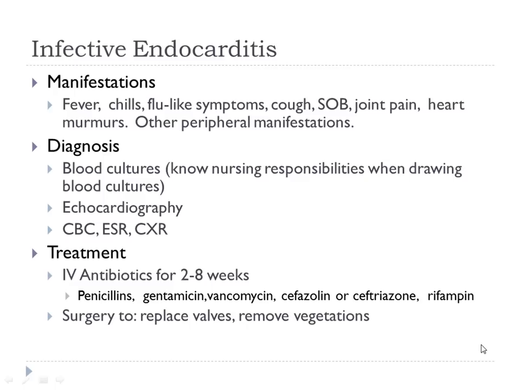One of the main things you need to take from learning about infective endocarditis is how to do blood cultures. So I want you to know how to do this. In your book, or maybe in your skills book from Foundations, it tells you. But I'm going to talk about what's most important. What are blood cultures? They're drawn to test for bacteria in the blood. Number one, remember that they're very expensive. It costs $1,000 to $2,000 to run a set of blood cultures. Just keep that in mind.